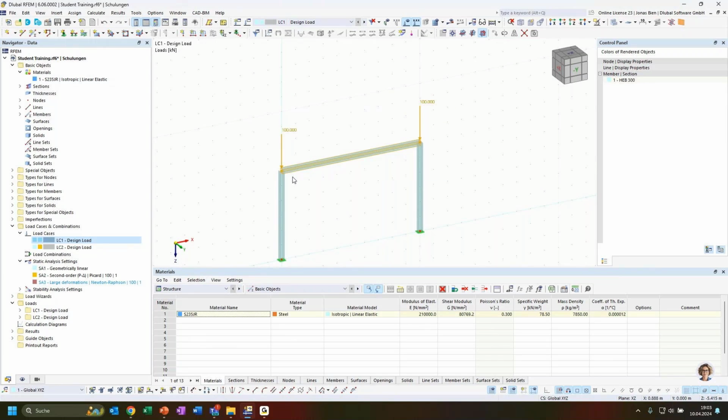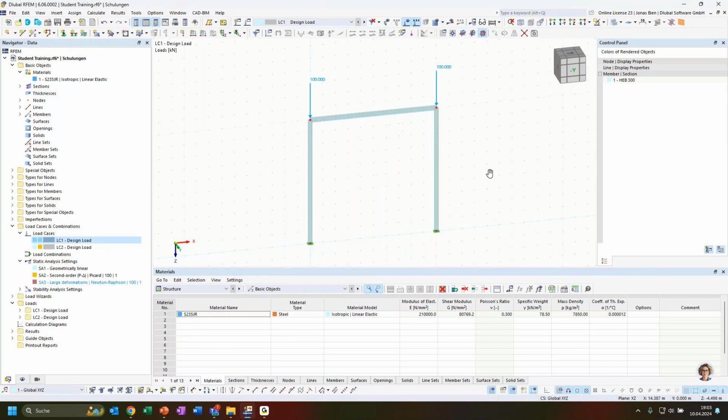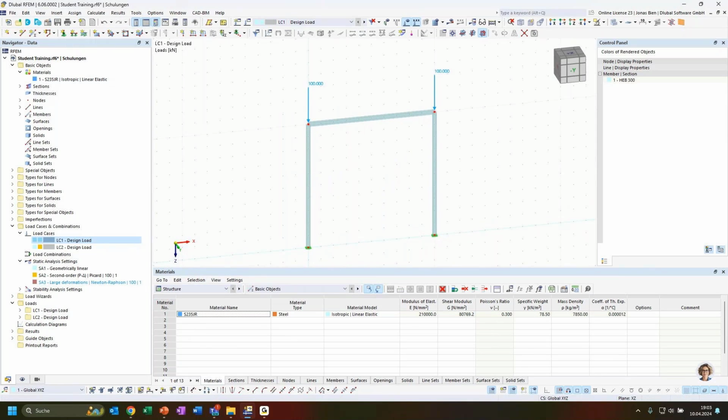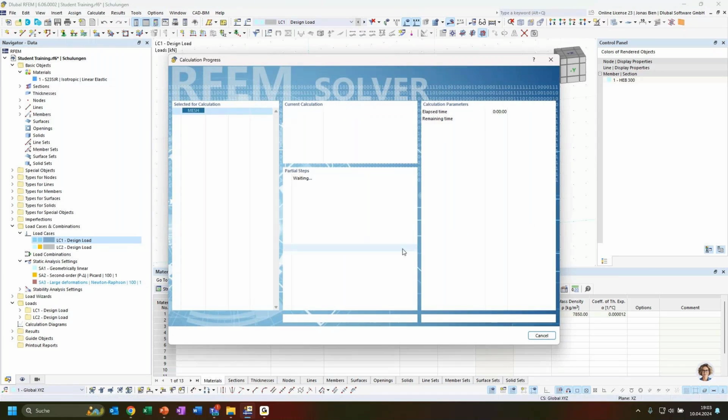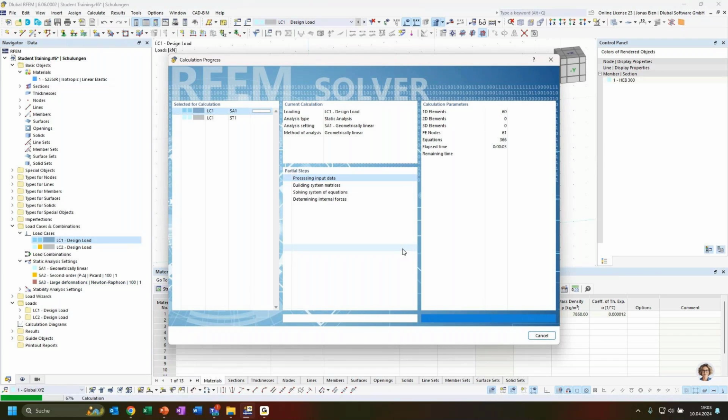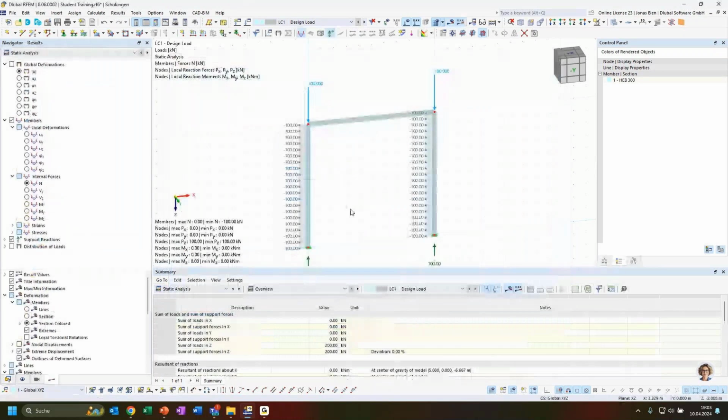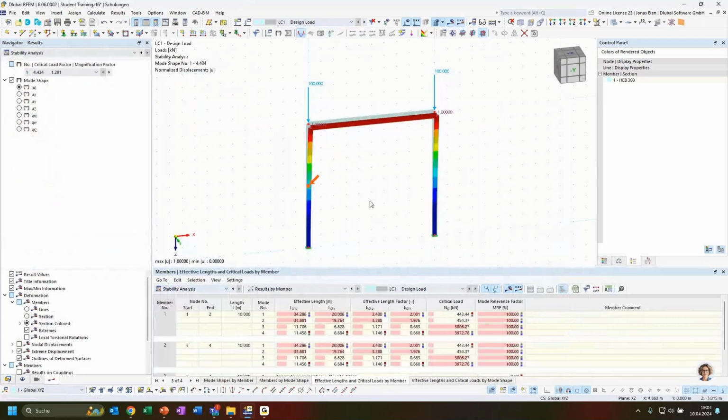We could even go so far and leave the length at 10 meters. It's not exactly what the example actually asked us, but anyway, we should get a solution for this, and for comparison reasons, it's probably nicer to keep it as it is. So again, we would calculate our static analysis results, and what we get here